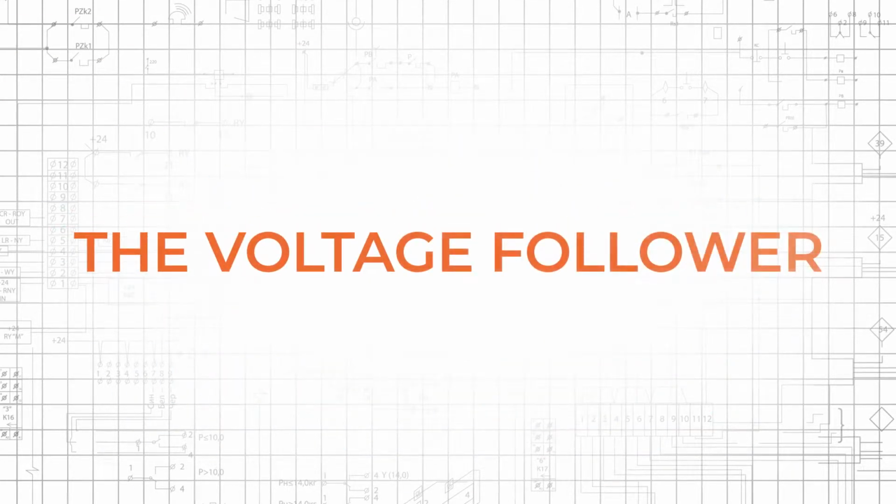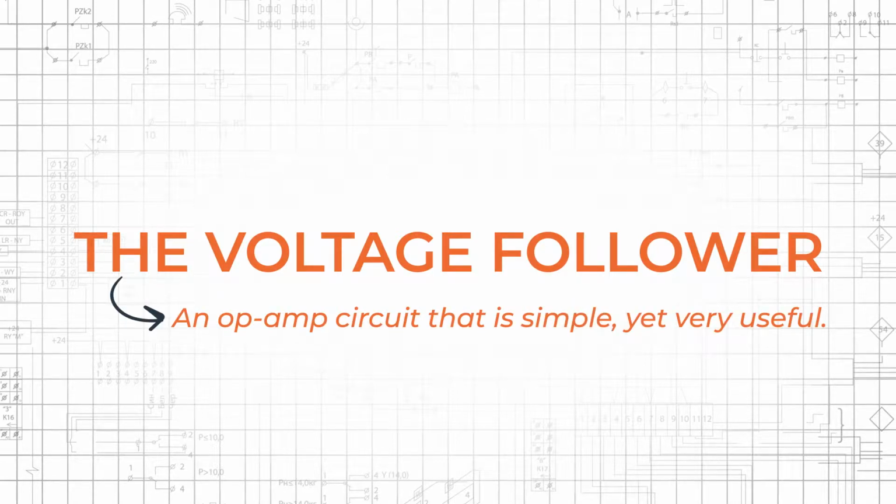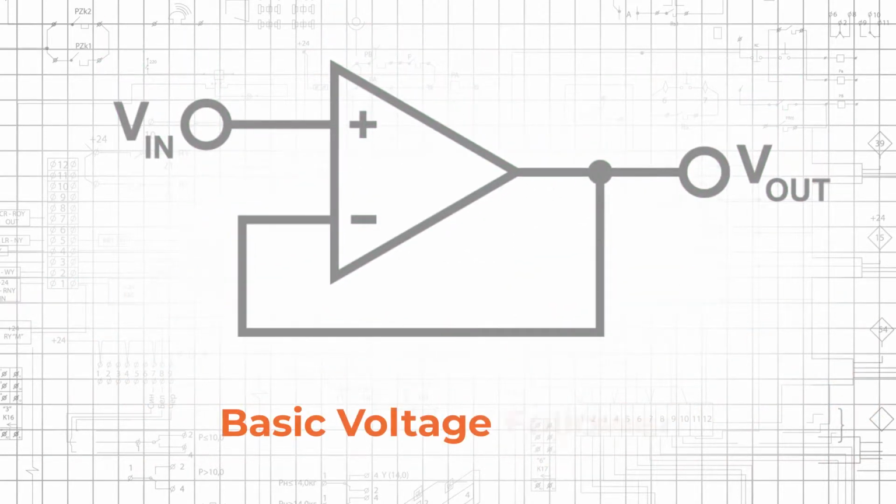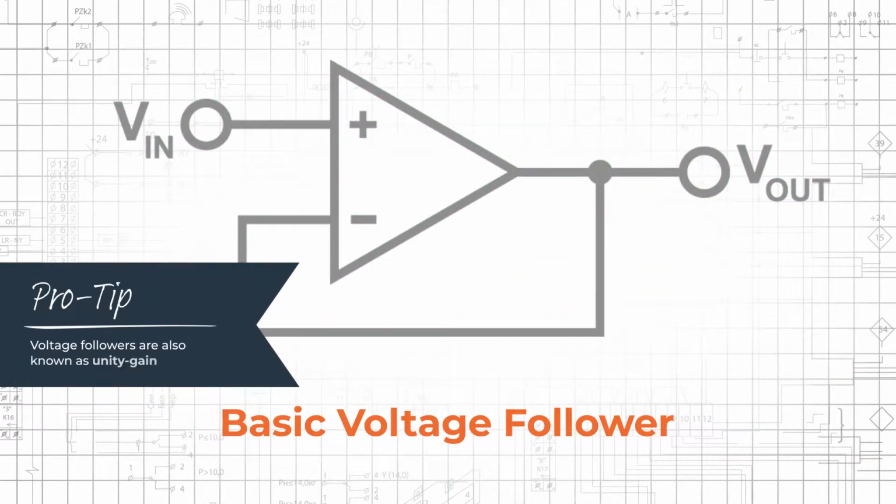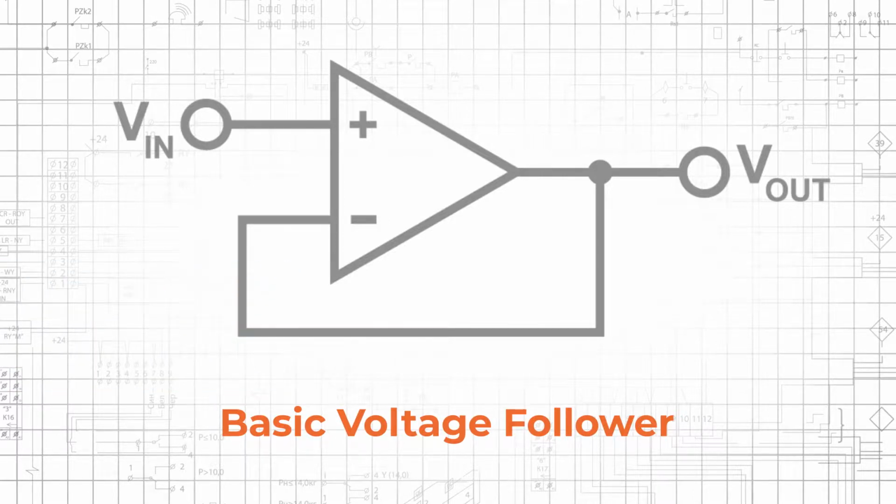In this video, we'll be exploring the voltage follower, which is a good example of an op-amp circuit that is simple, yet very useful. This is the most basic form of the voltage follower and is also called a unity gain buffer. The unity gain operation of the voltage follower is achieved by means of negative feedback. The input signal is applied to the op-amp's non-inverting input terminal, and the output terminal is connected directly to the